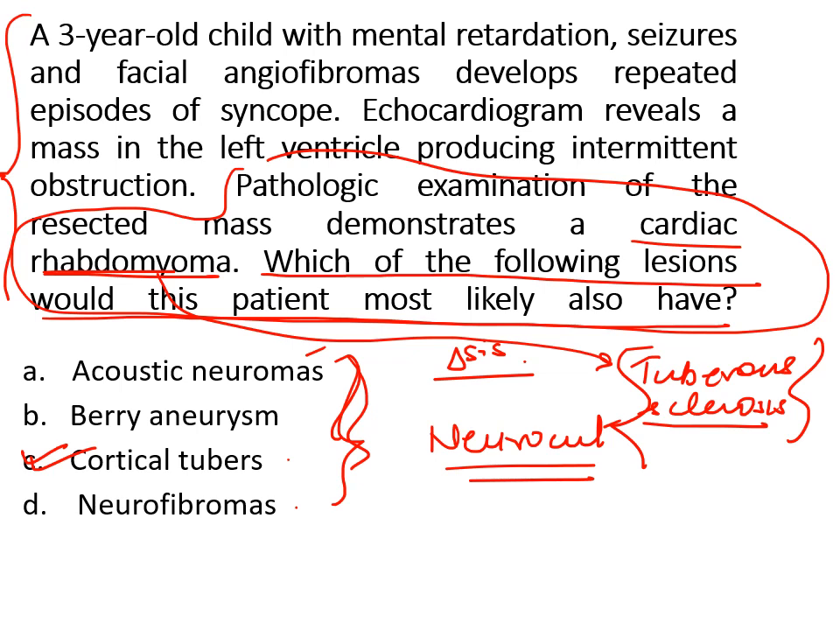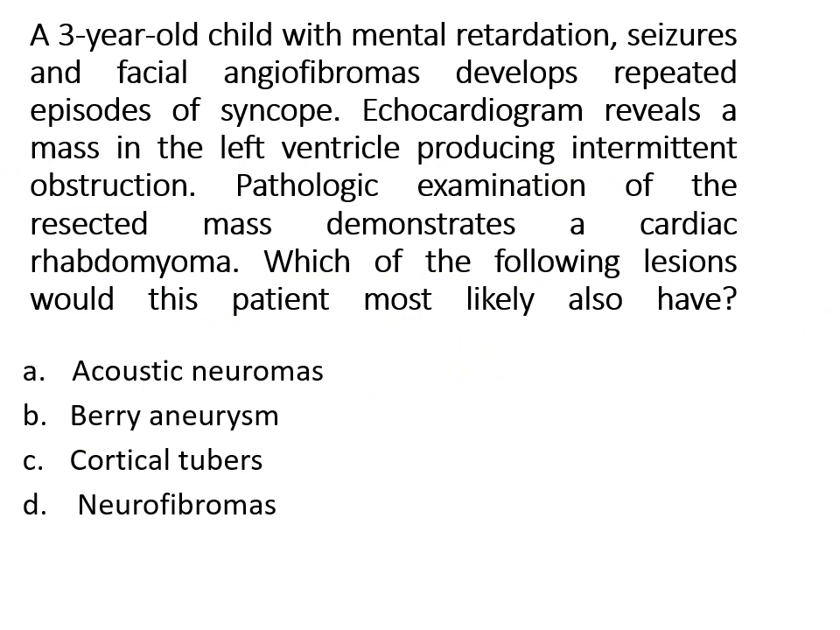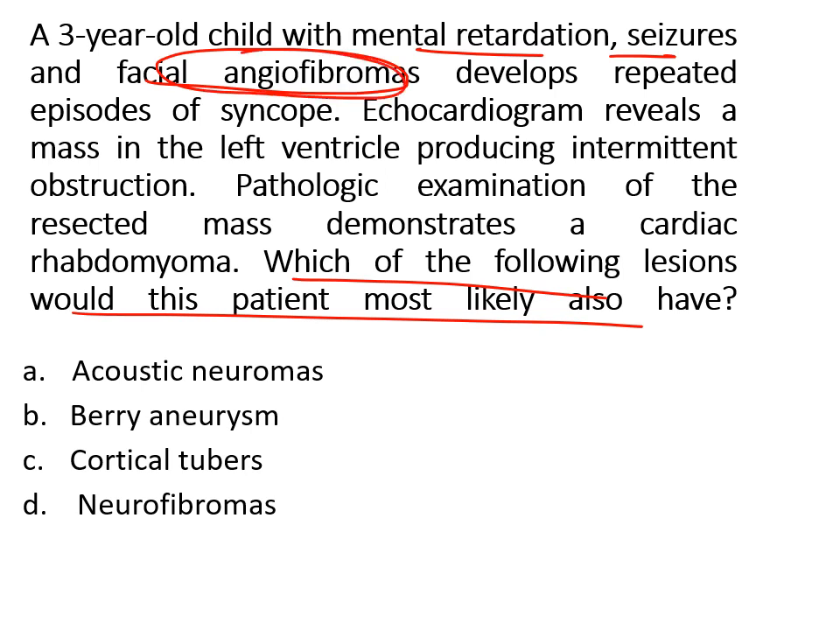It will really help. So the other trick you can follow here is also, once you read this last line, which of the following lesions is the patient most likely to have, you can start from the first line: mental retardation, seizures and facial angiofibroma. This clicks the diagnosis of tuberous sclerosis, so you know the answer is cortical tubers. The middle part of the question is generally the one which is not required. So the trick is, start reading from the last line,